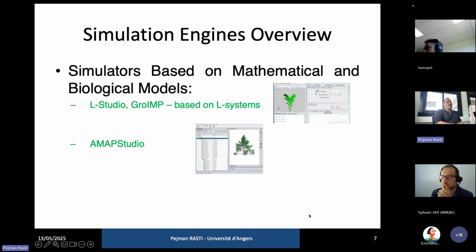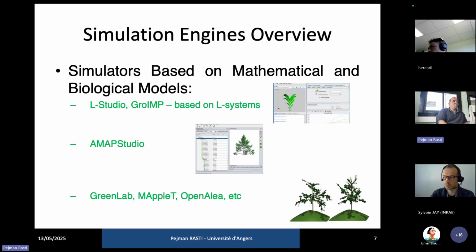Another type of simulator that is based on mathematical and biological models is AMAP Studio. It is also similar to the two other simulators. We have the possibility, based on mathematical or biological models, to create the plant. Especially on that, my experience is that AMAP Studio is more for designing a tree than other types of plants. And for others,